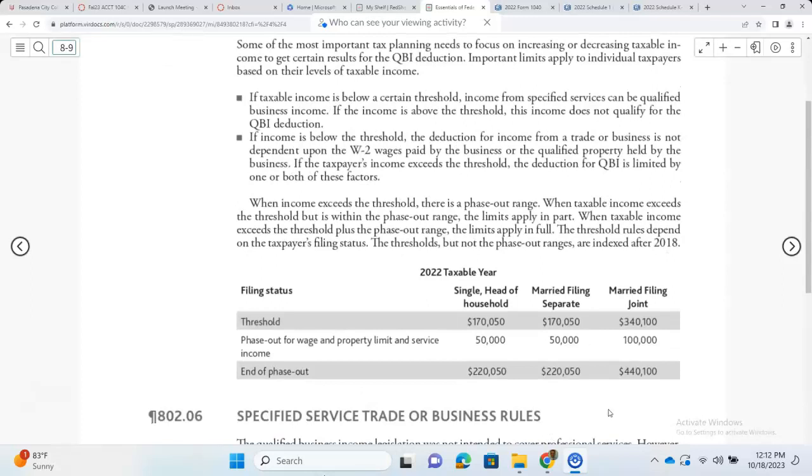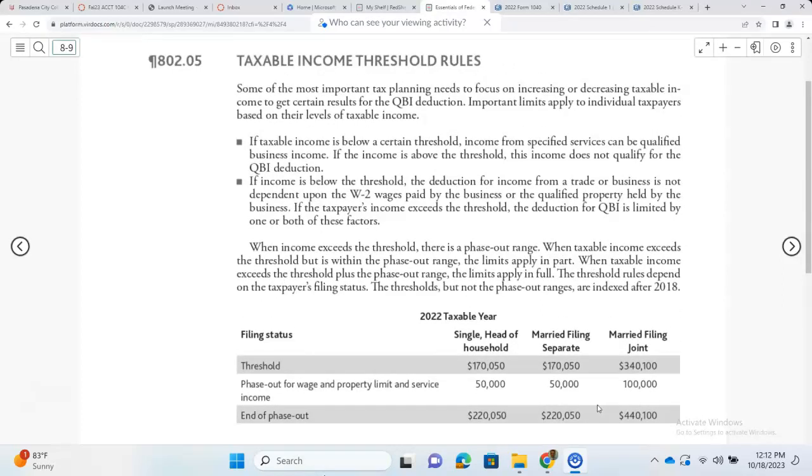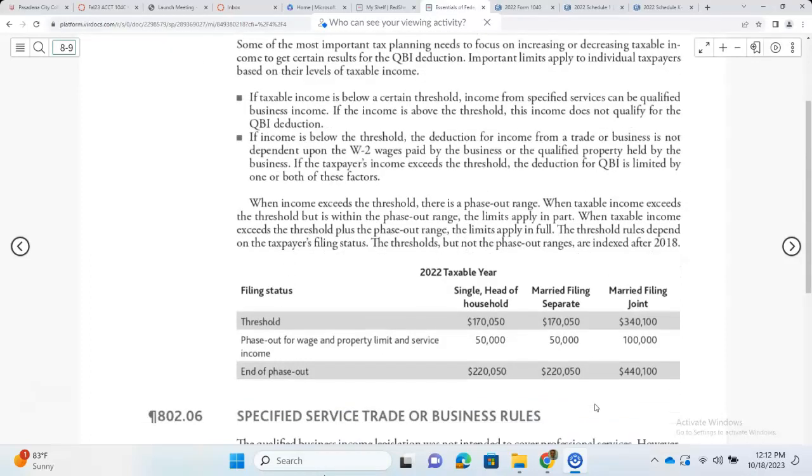Here is the threshold that I was looking for. Okay, so the taxable income has a threshold, as I said. Here are the numbers for year 2022. Numbers are changing a little bit, so you don't need to literally memorize it. But you remember I said it's something like 340, 50,000, something in that range. So here we go. It says threshold is